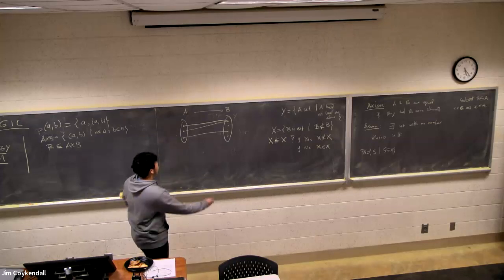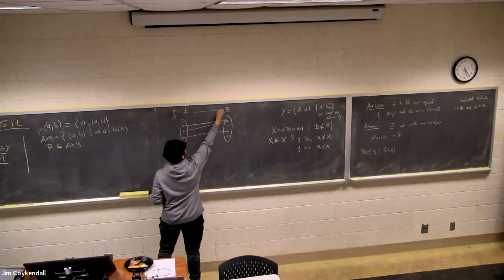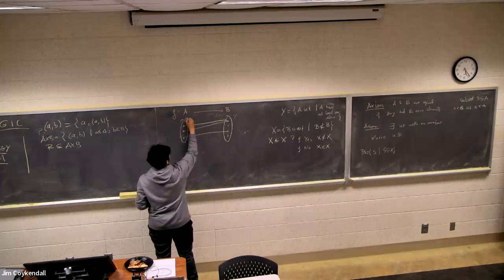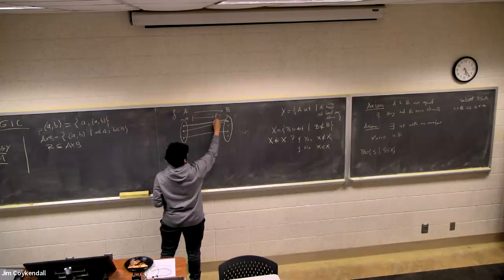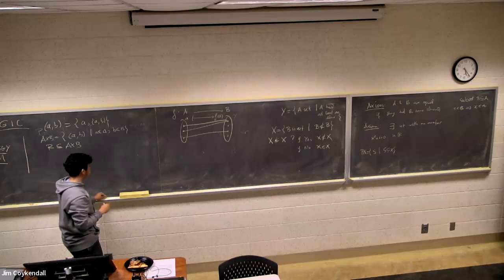And then we write it F from A to B, and we take an element here, and the notation is F of A. So some properties that we have,